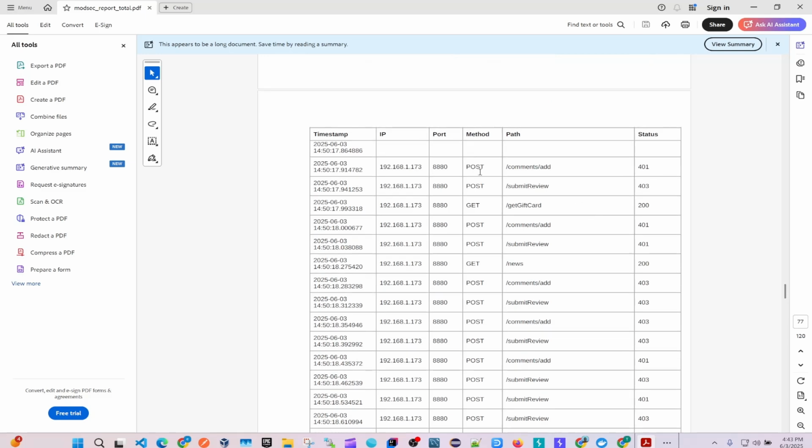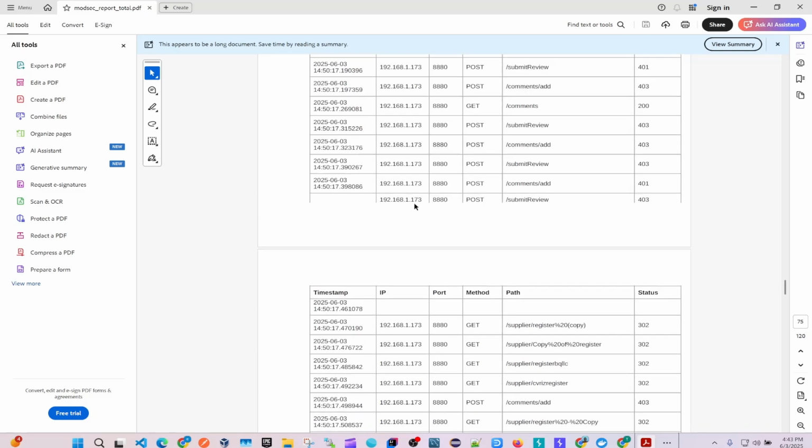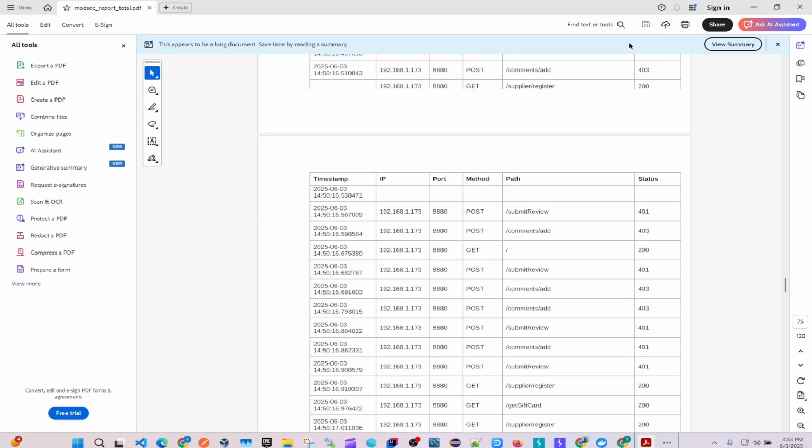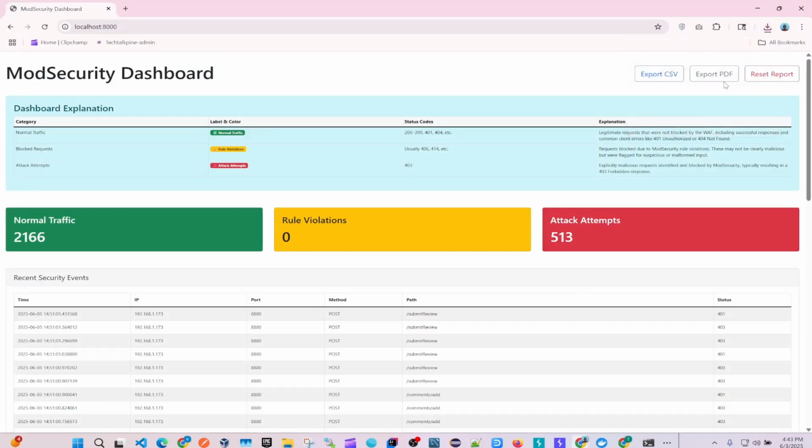And it shows you the path, it shows you the status code. So in PDF format. You can also export it in CSV format, maybe you want to work on it using Excel or something like that. But that being said, it does also give you another option, which is, let's say you feel like you want